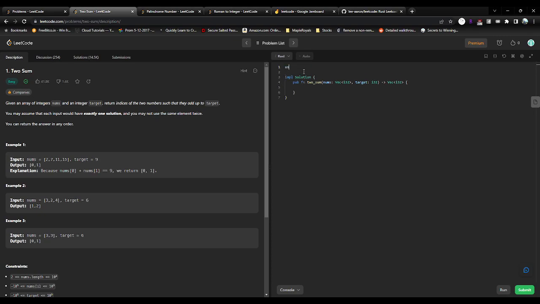So here we will import the hash map. Oops. And we will declare a hash map here. Now for each index and value in the vector,